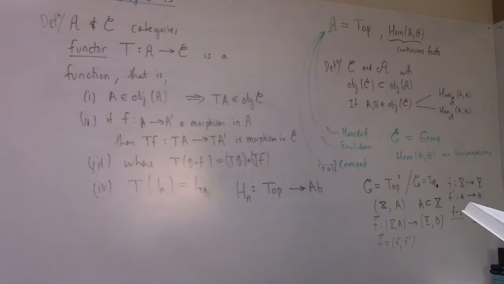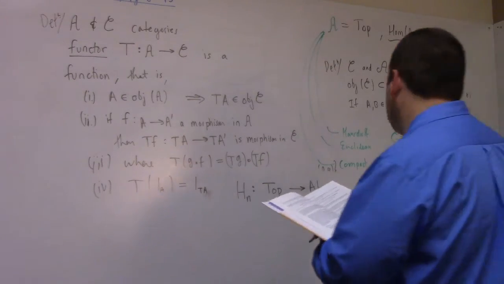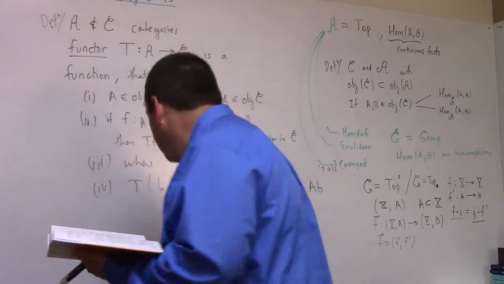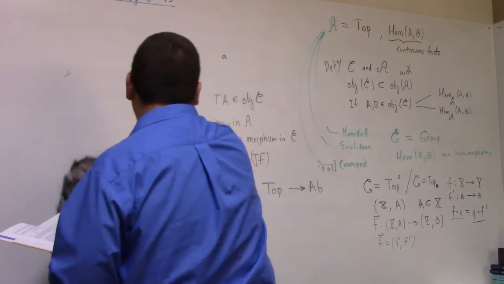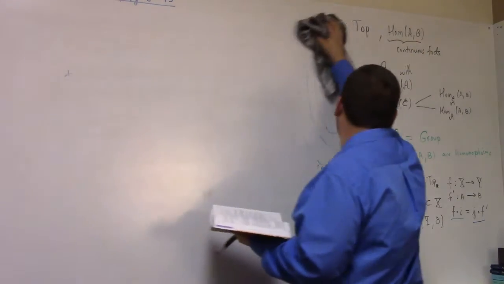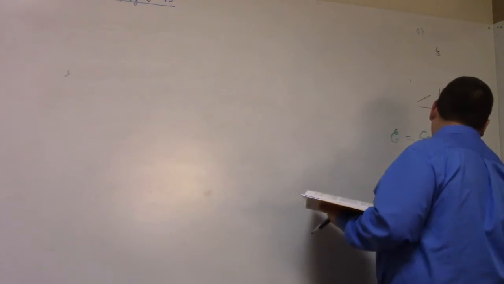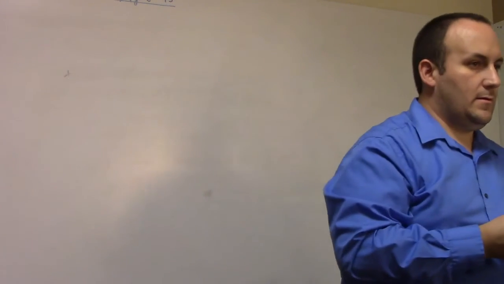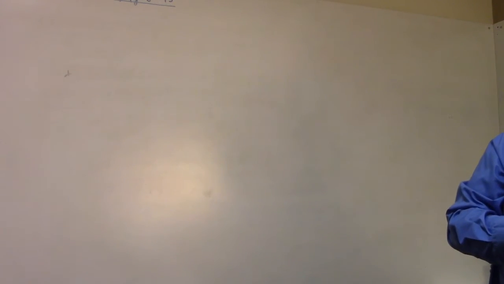What's his next example here? How does the functor acting on a function affect things in that case? Let me write it down here. Also, is there a different term? Do you say the functor acting on an object versus the functor acting on a morphism, or is there a special term?